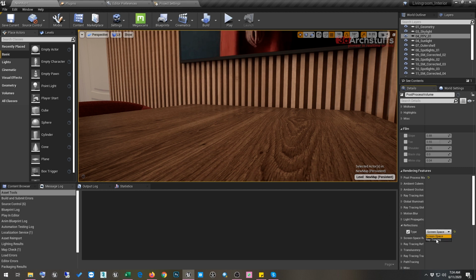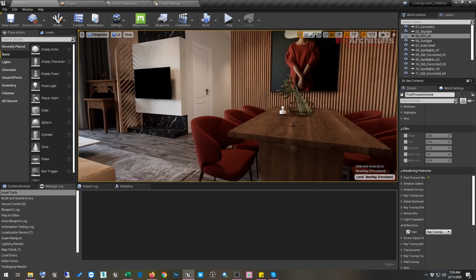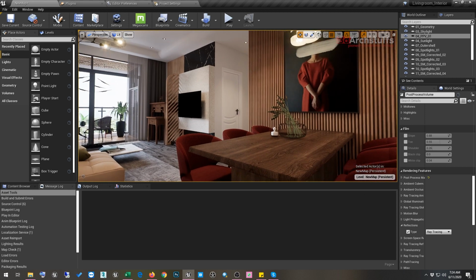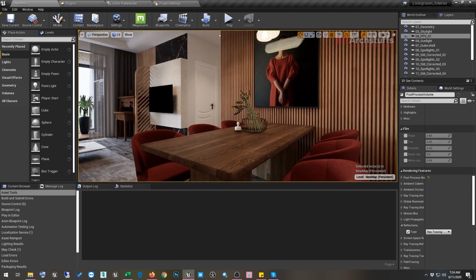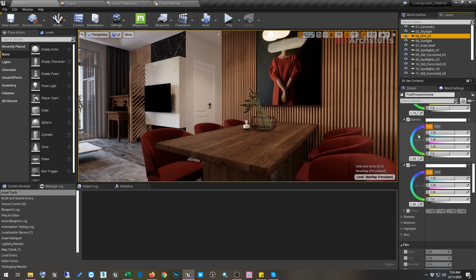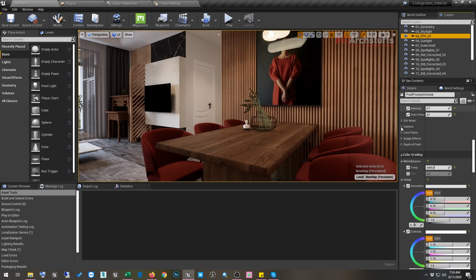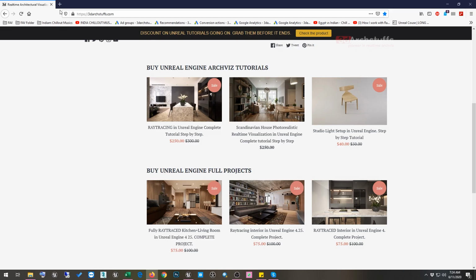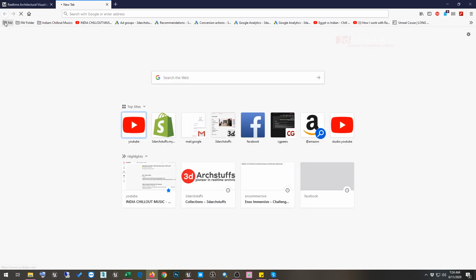And if I click ray tracing, you see, these ray tracing reflections are generally much more accurate, and we'll see how we can use them more accurately and perfectly. You can also learn all these settings in detail from one of my tutorials on my YouTube channel.